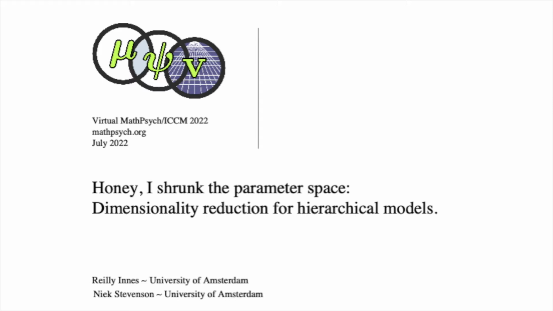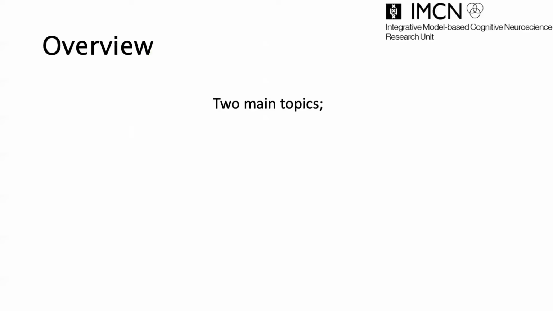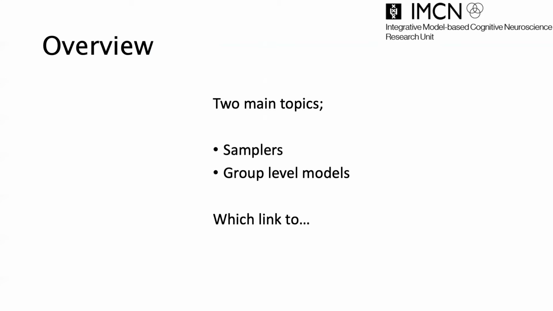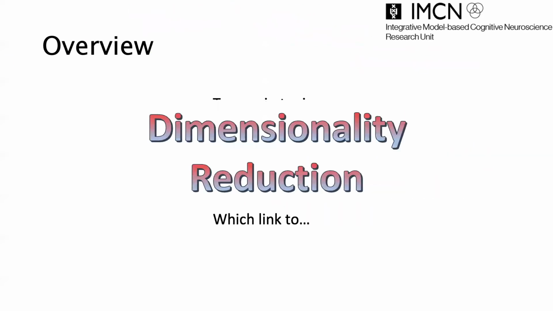We're going to take you on a journey for the next few minutes to talk about modeling, model-based sampling, and dimensionality. In truth, our title is a bit of a lie, as this talk actually follows the plot of Honey, I Blew Up the Kids, the infamous sequel, where the kids start off huge and, spoiler alert, eventually shrink back down. In this talk, we're going to talk about two main topics. We'll begin by discussing model-based sampling, and then link into group level models for these samplers. And we promise this will all get back to dimensionality reduction.